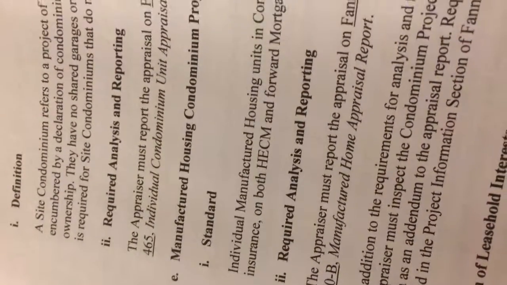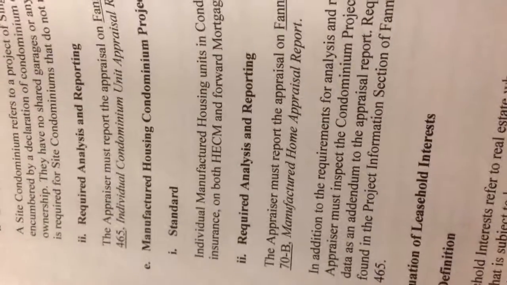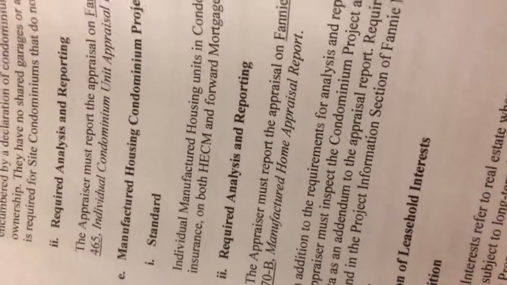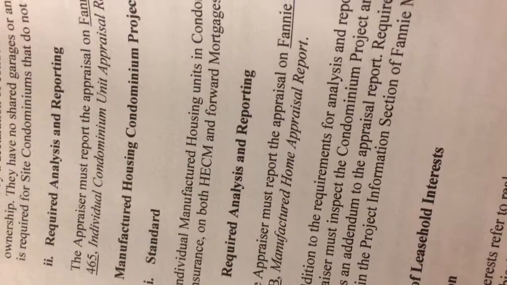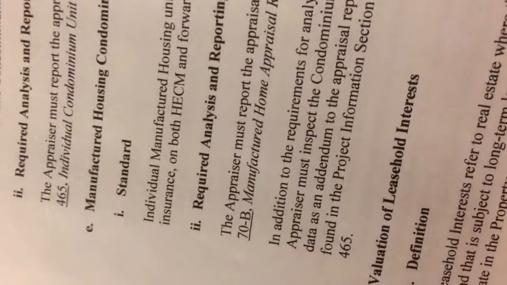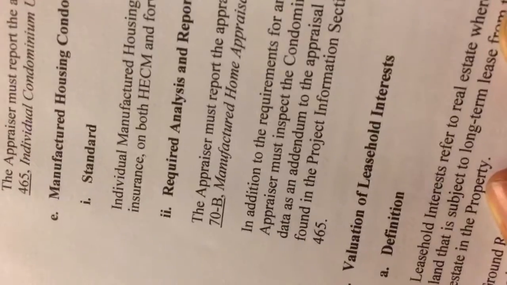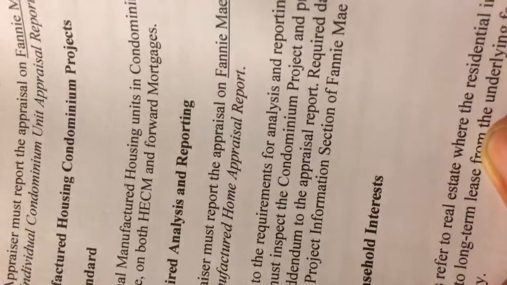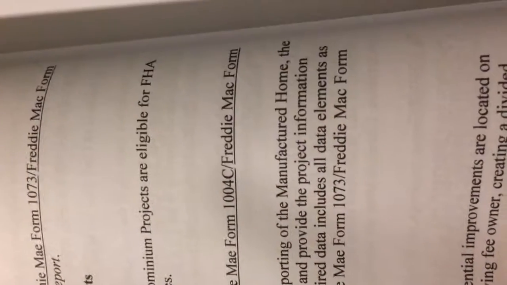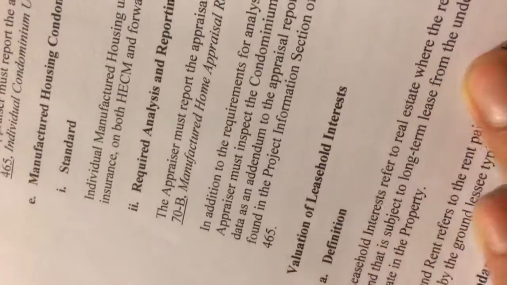E. Manufactured Housing Condominium Projects. Standard. Individual manufactured housing units in condominium projects are eligible for FHA insurance on both HECM and Forward mortgages. Required analysis and reporting. The appraiser must report the appraisal on Fannie Mae Form 1004C/Freddie Mac Form 70-B,